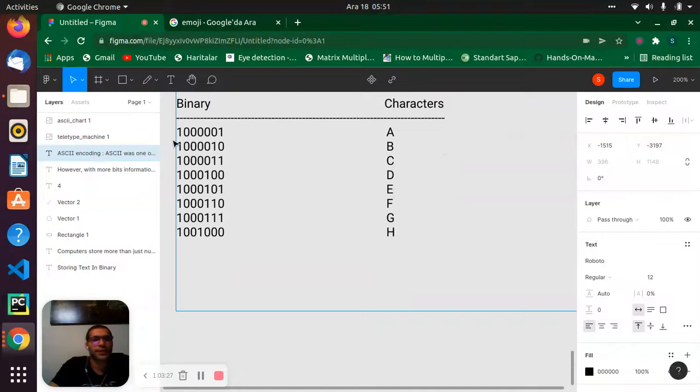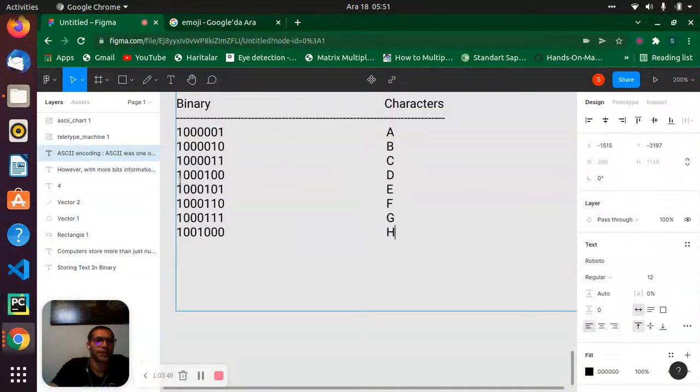Let's look at details. This is 64 plus 1. It will be 65. The other one 64 plus 2, 66. It's B. And 64 plus 3, 67.